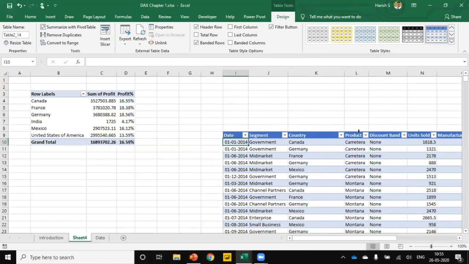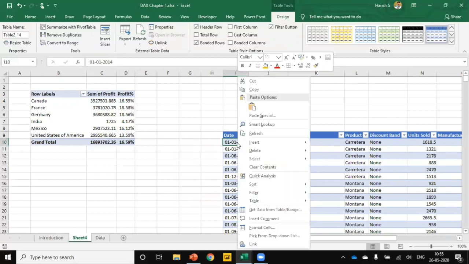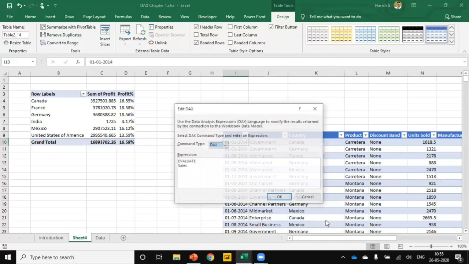Now, if I want to load only the country Canada data, just right click and go to the table, Edit DAX. I'm going to add the FILTER function.